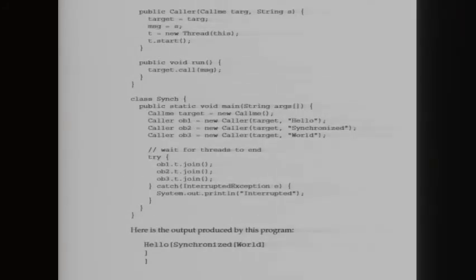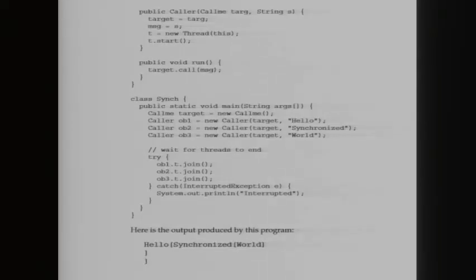The interesting thing to notice is that after call prints the opening bracket and the message string, it calls Thread.sleep, which pauses the current thread for 1 second.